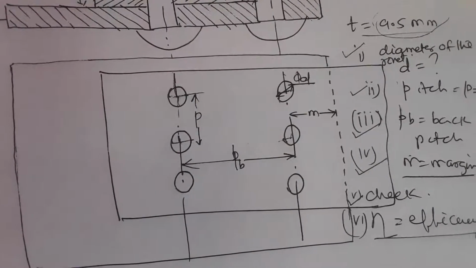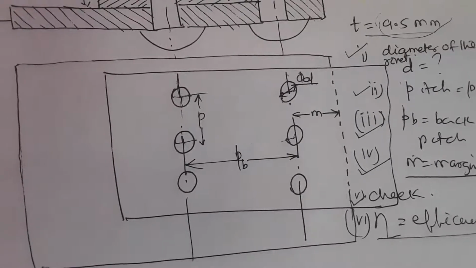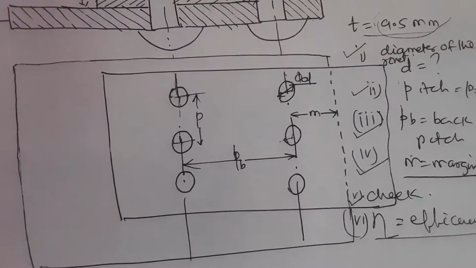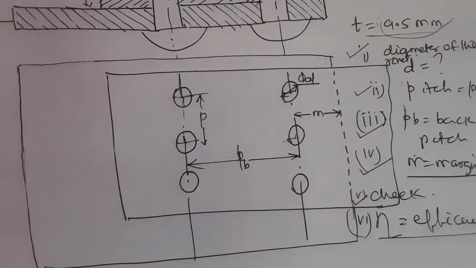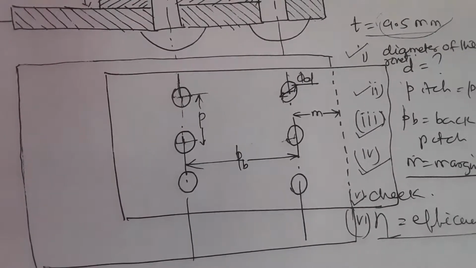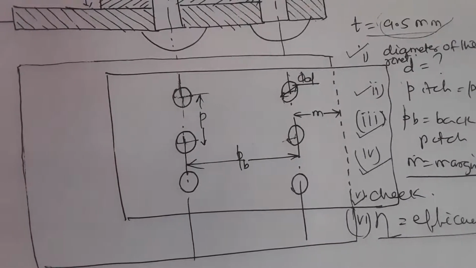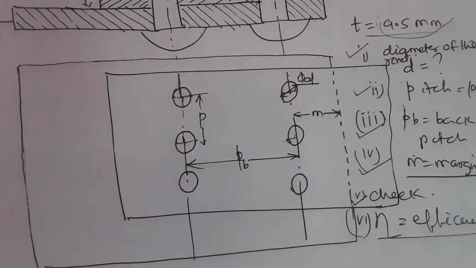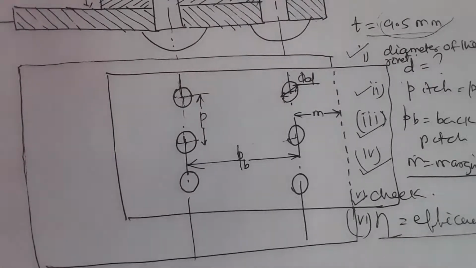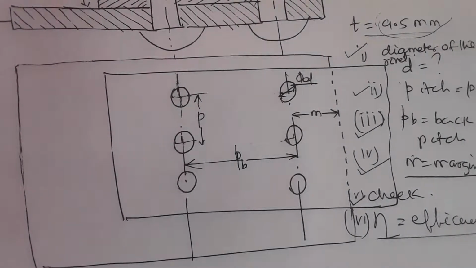So the rivet diameter will be taken as the diameter of hole, as the difference between them is very small. The diameter of the rivet and diameter of the rivet hole are almost the same. So we are considering the rivet diameter equal to the diameter of the rivet hole. Rivet can fail in shear due to crushing. So we will first determine the shearing and the crushing strength of the rivet and equate the smaller of the two to the tearing strength of the plate to determine the pitch.